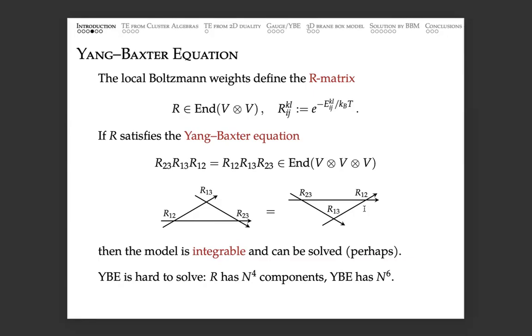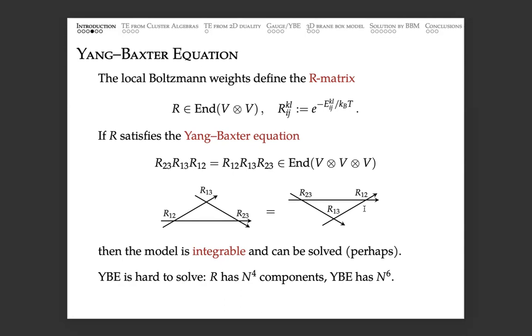Okay, and as I said, this plus something called spectral parameters implies that the spin model we are talking about is integrable in the sense that you can define commuting conserved charges, and so it's a good thing. So it's a very well-known story. I'm sure many of you know about this.